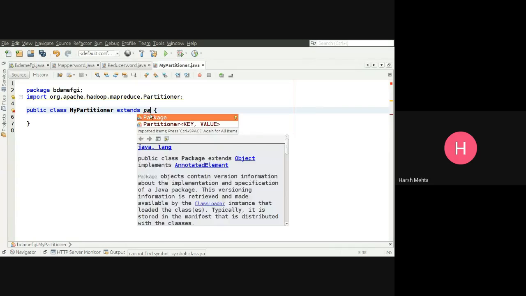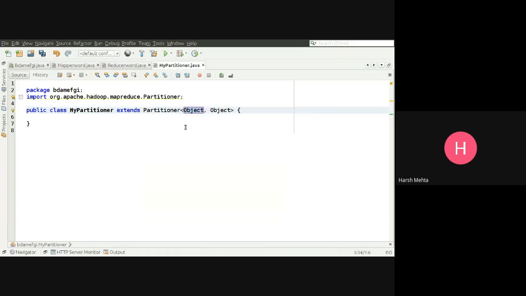Partitioner, yes, here. It's a key and value. So the partitioner will take input as a key and value pair. So from where does it take it?